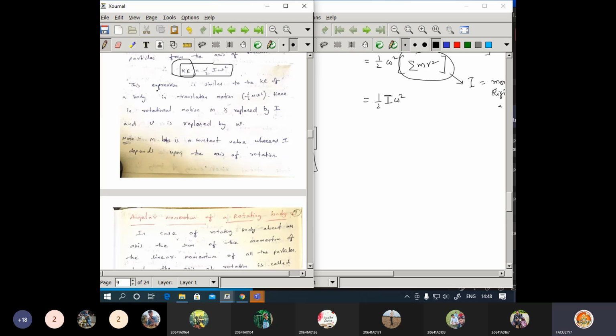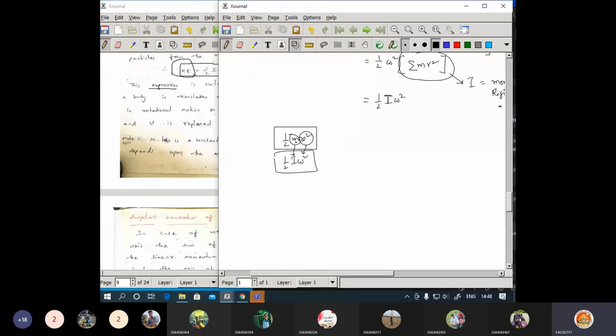So those things you can see here. The expression is similar to the kinetic energy of a body in translation motion. If you are considering this, it gives a translation motion, or the linear motion. So this is the expression of kinetic energy in the translation motion. If you are considering particles, then it will be the linear motion. If you are considering this as a rigid body,